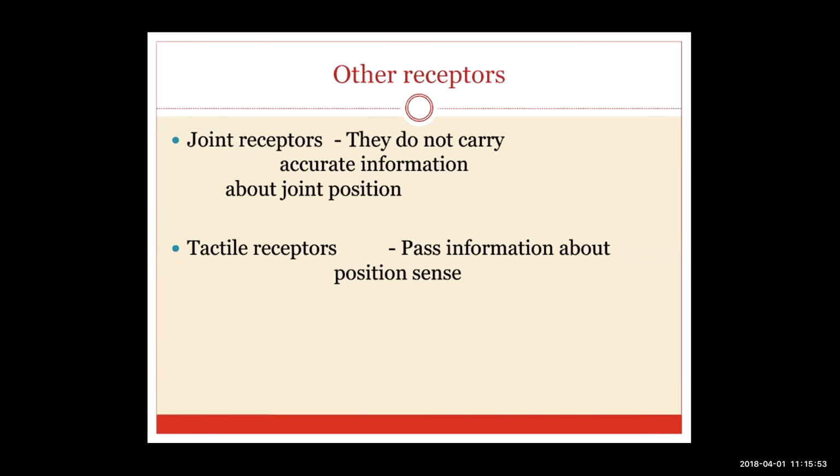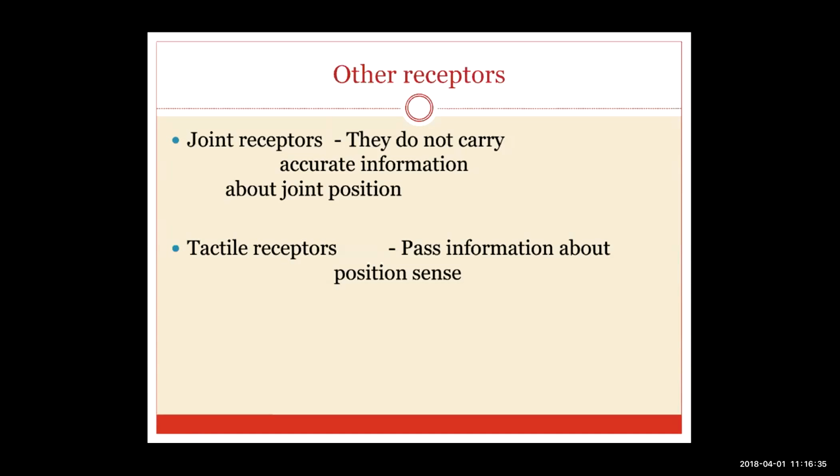Now, the other receptors include the joint receptors and tactile receptors. Joint receptors lie in the joint and they are primarily free nerve endings. We tend to think that joint receptors will tell about the angle of the joint, but it has been found that the angle and the information passing from the joint receptors do not actually match. What they have found is that information is passed in the extremes of joint stretch. When the capsule is stretched to the extreme positions, it sends information, but within the available range, the information passed is slightly inaccurate.